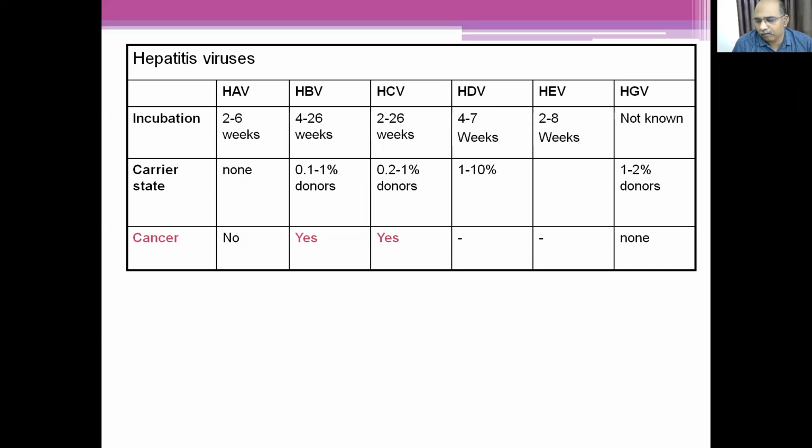Which of the following viral infections can cause hepatocellular carcinoma? Hepatitis B and C. Okay, those two conditions may lead to chronic liver disease, and they may cause hepatocellular carcinoma. You have to remember that. So A will never cause chronic infection, A can never go into the carrier state, and A can never cause cancer. The same goes for E. And HBV and HCV both cause chronic liver disease, both may lead to cirrhosis, and both may lead to hepatocellular carcinoma.